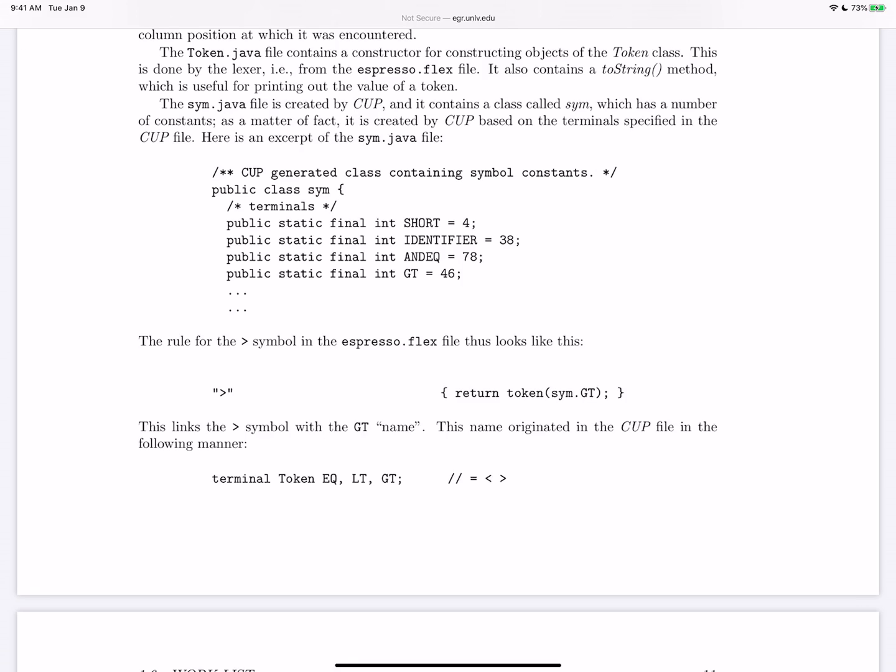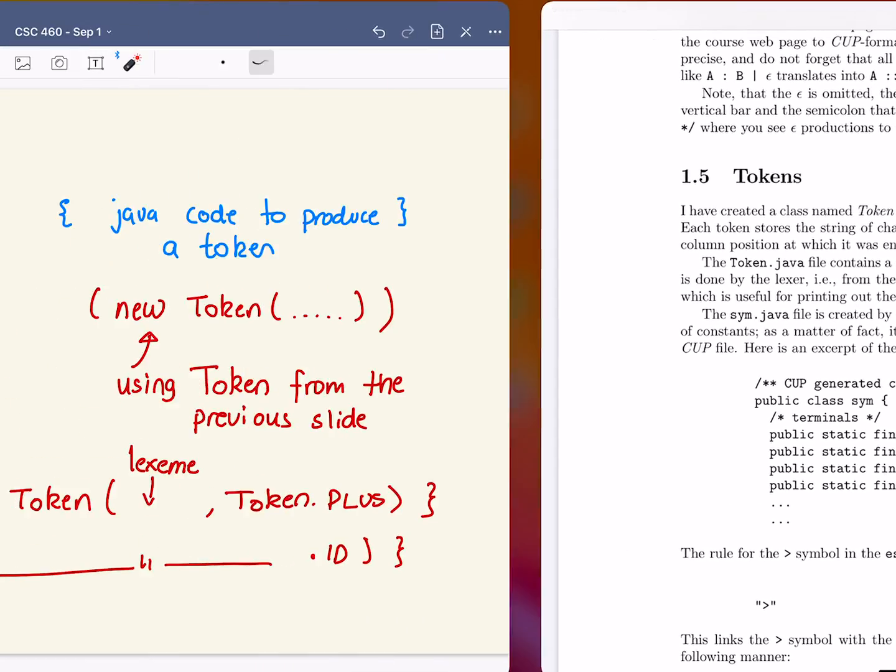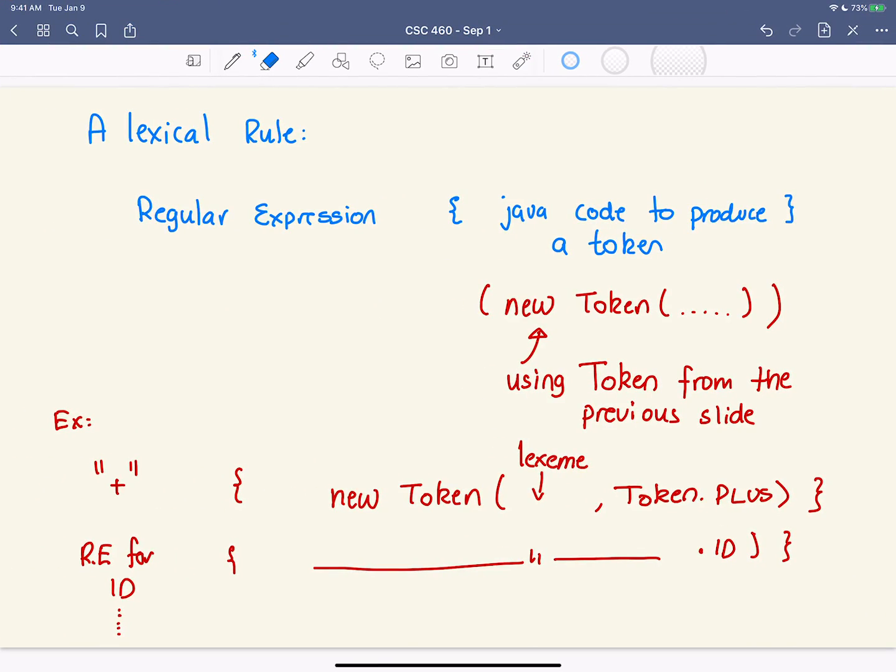Now we could do exactly what I showed you if we were doing it all from scratch ourselves, and that would make a lot of sense. So if we were just creating a scanner, so this stuff here is great.